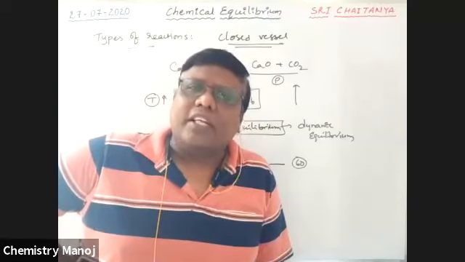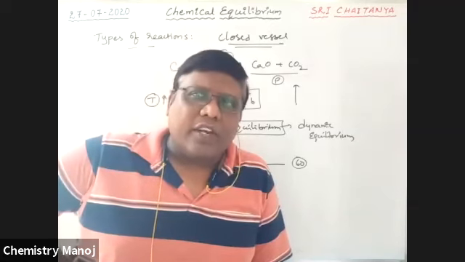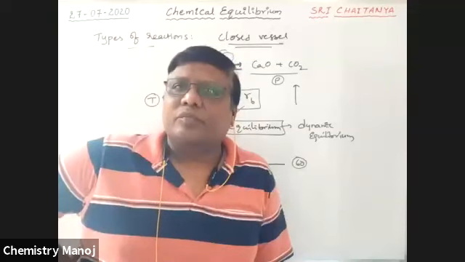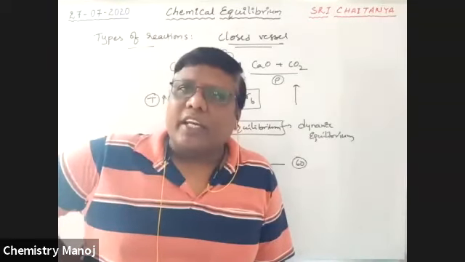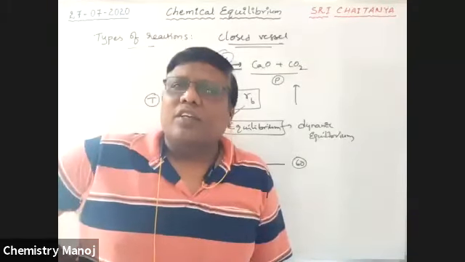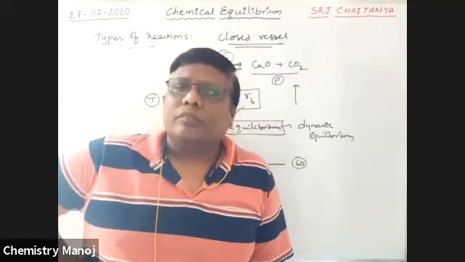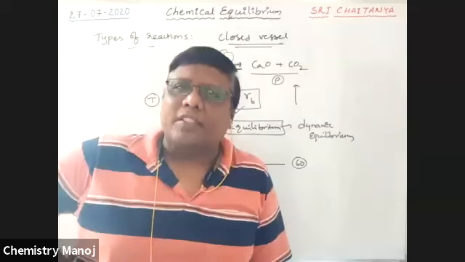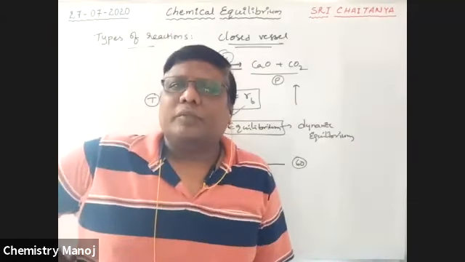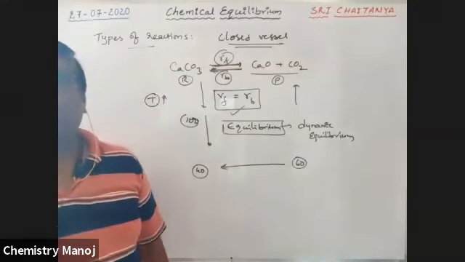There, the concentrations of reactants and products are constant. Constant does not mean equal, my dear boys. The concentration of reactants being equal to the concentration of products is not possible. But their values are not changed. They are constant. That means the rate of forward reaction is equal to the rate of backward reaction. So no 50-50, my dear Ganesh. Constant means 40-60 or 70-30, like that, but not 50-50. Maybe possible.